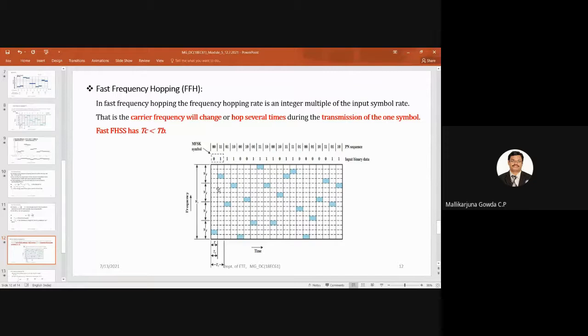If the first point is clear, the rest you will be able to understand. For every symbol, it will hop 2 times. For the next symbol, 1, 1, what is the hopping frequency? Here it is FC1 and FC2. So 0, 1 I call FC1, 1, 0 as FC2, 0, 0 as FC0, and 1, 1 as FC3. For transmission of the symbol 1, 1, the hopping frequencies are FC1 and FC2, so that is why it is shown here.